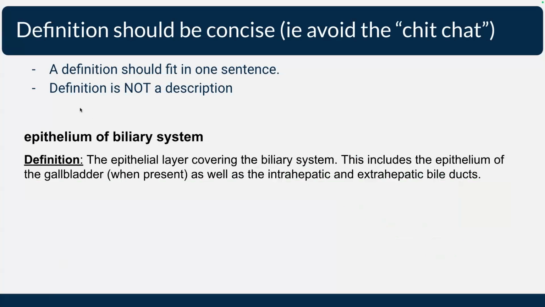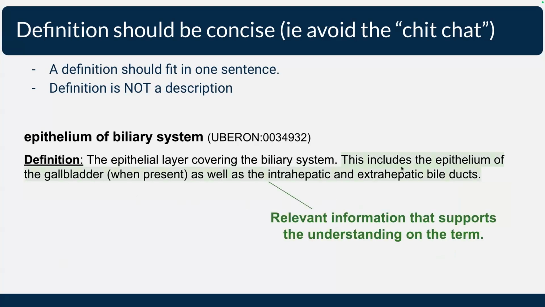Okay, another example here. Epithelium of the biliary system. It is the epithelial layer covering the biliary system. It fits the genus differentia. This includes the epithelium of the gallbladder and blah, blah, blah. This part, we might think, okay, we don't need that in this definition, but it also gives some good information about